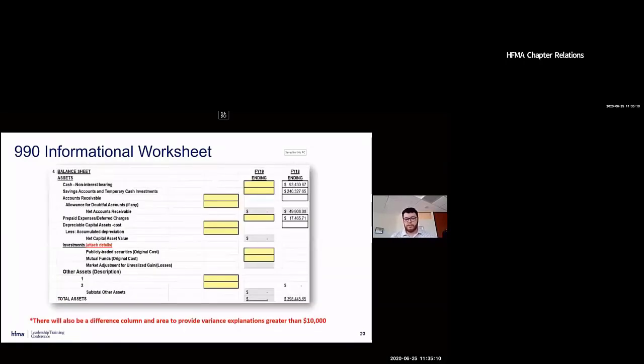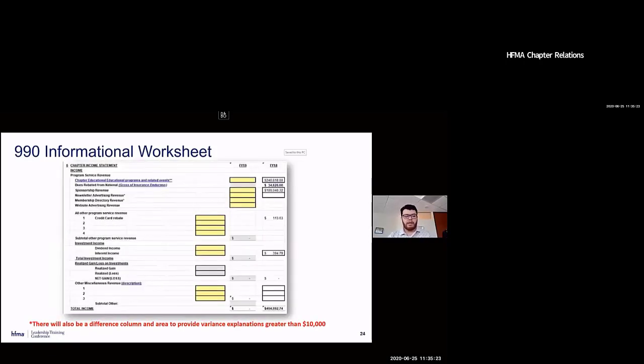Next are the actual financials that we need you to review. First is the balance sheet. This worksheet will be pre-populated with ending balances for fiscal year 19 and fiscal year 20. Thank you to Perla for pre-populating that for us. Please note,